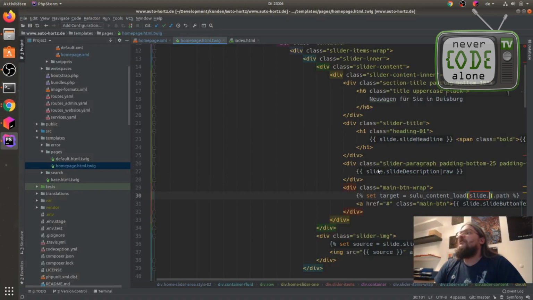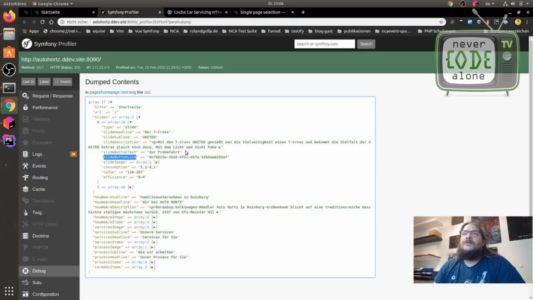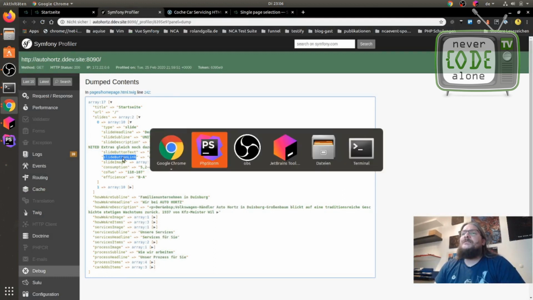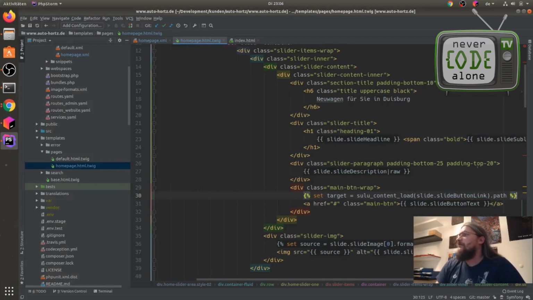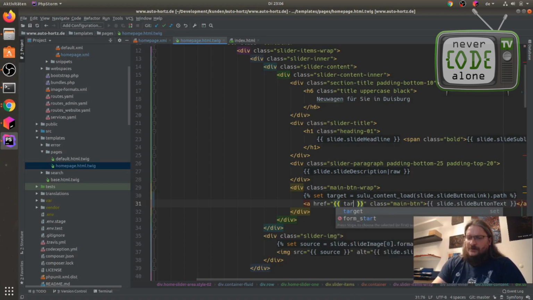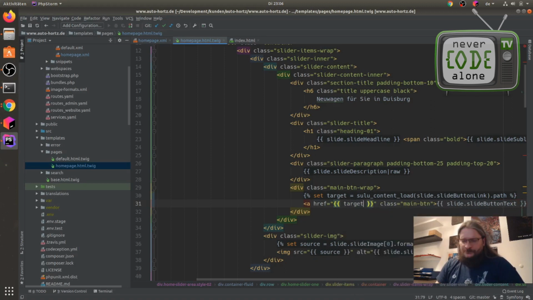And we will check here on the front end slide button link. Okay. And now we can use this target here as output.